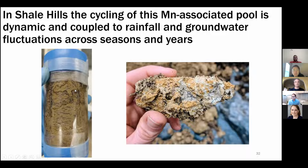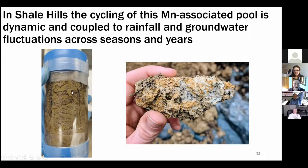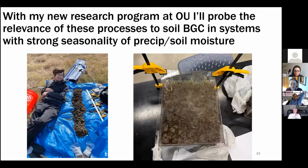And we can see these little manganese oxides that formed after a week of incubation at field capacity. I thought that was a pretty cool representation of how manganese oxide rich the Shale Hills sites are. And so not only am I interested in this at Shale Hills, but with my research at OU, I'm interested in probing the relevance of these iron and manganese redox processes to organic carbon cycling